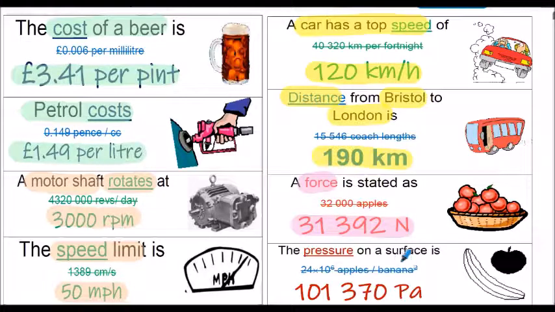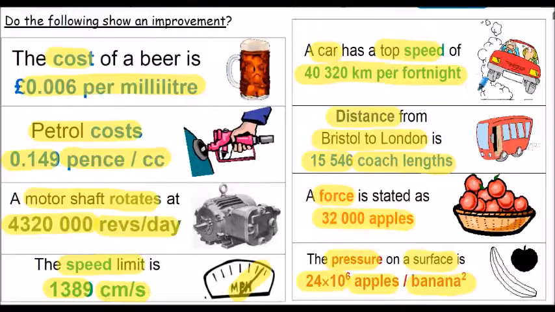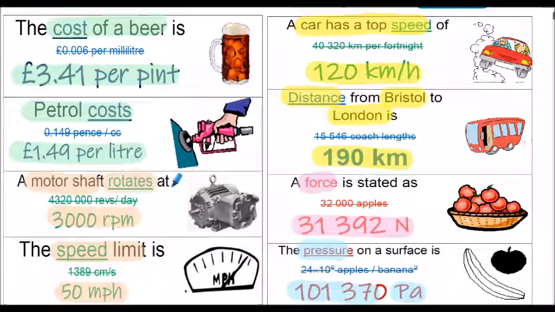And finally, the rather quirky statement of pressure on a surface being 24 million apples per banana squared, well, I estimate that to be 101,370 pascals. But of course, that depends on the definitions of an apple and banana. But the point I'm trying to make here is although these statements are actually correct, they're not in conventional units that engineers or even the general public would relate to. So we should always use a standard system of units and also use conventional units that other engineers would easily